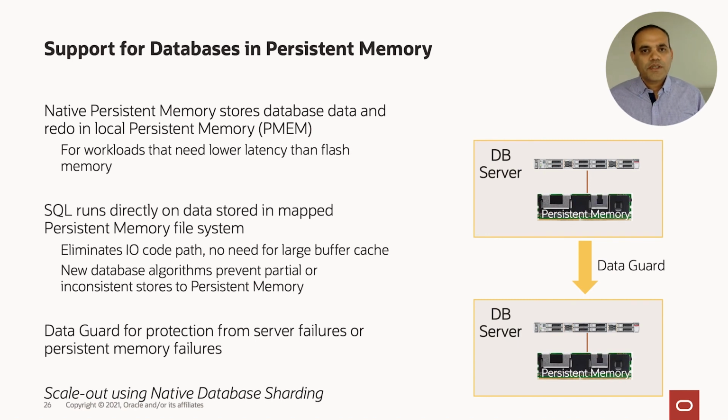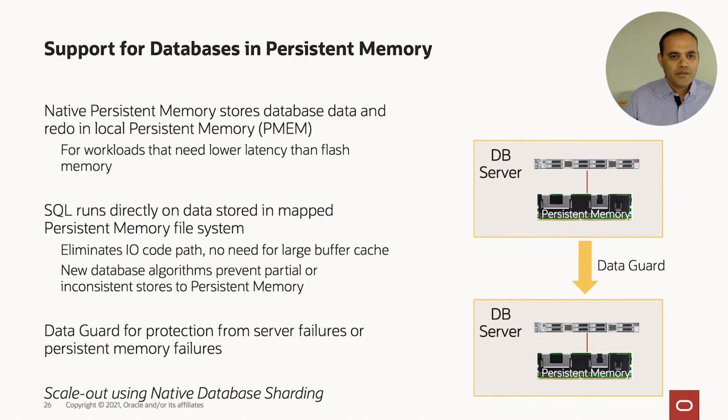We also support persistent memory. So persistent memory allows us to store data, as it says, in the Intel Optane PMEM chip. Now with that, it is a non-volatile store, but it gives you almost the same performance as DRAM. So now if all my data is stored in persistent memory, I almost get a database performance which is comparable to DRAM. But each host can only have so much persistent memory.